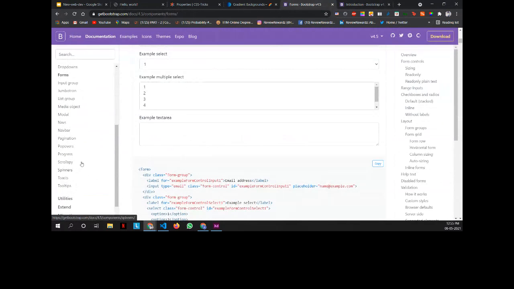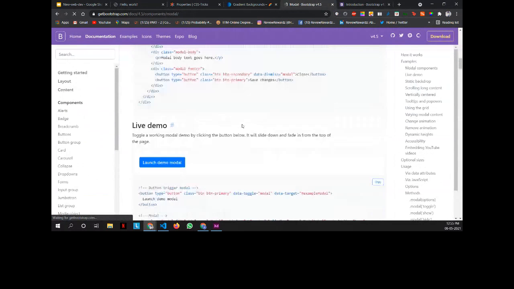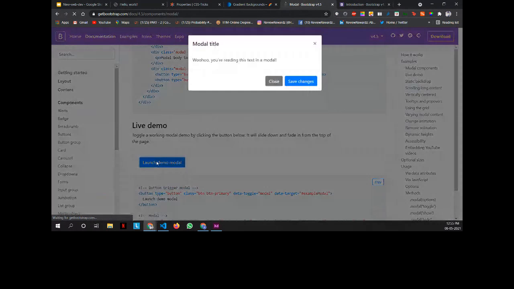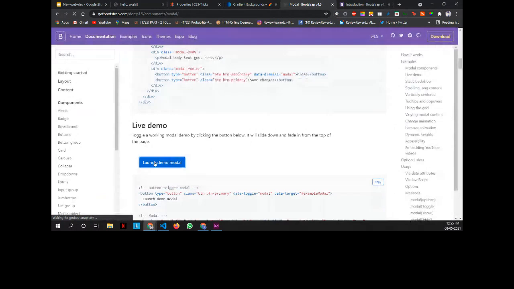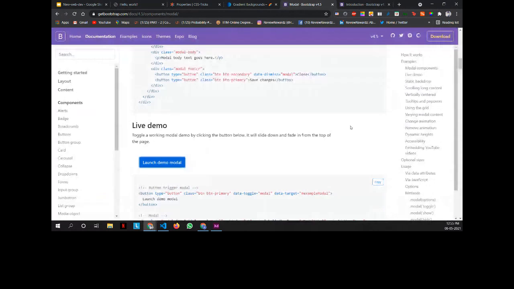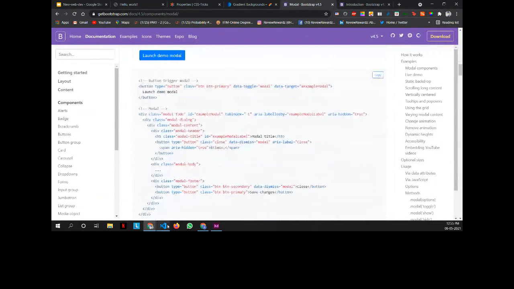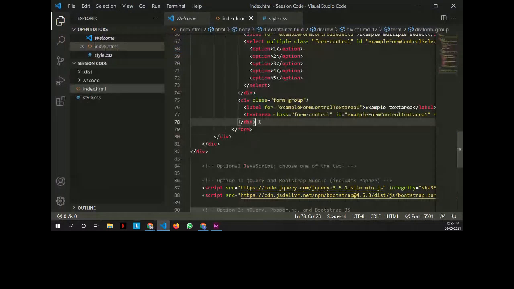There is a modal window here. A modal window basically does this: if you click on the button, it shows you something of this sort. If you want to add something like this in your website, you just have to copy paste a code and add it to your website here. So I'll just add it somewhere out here.